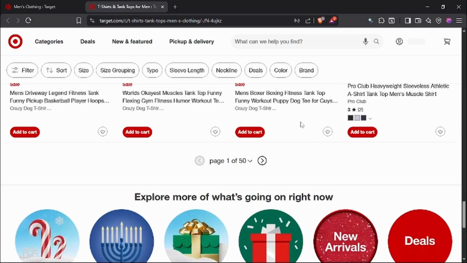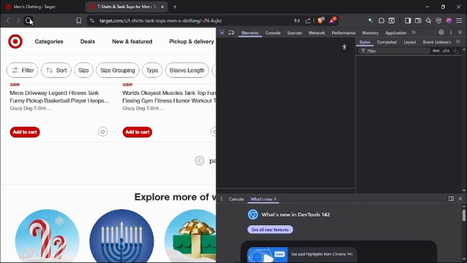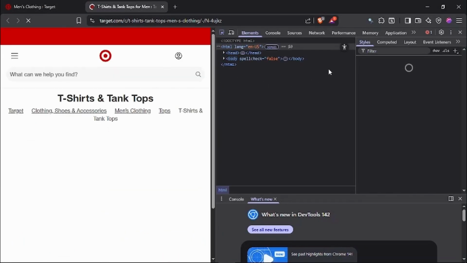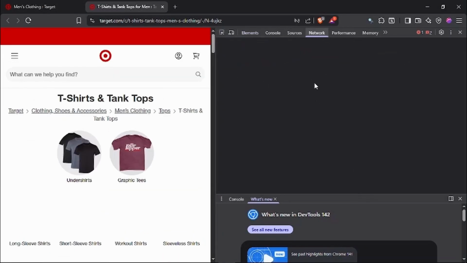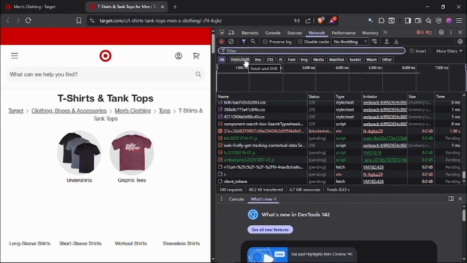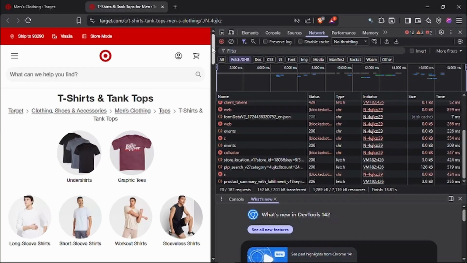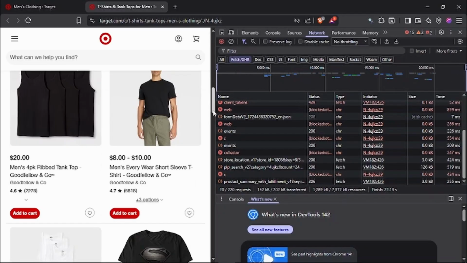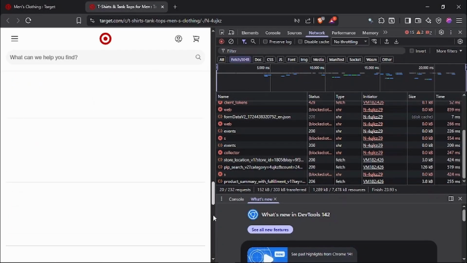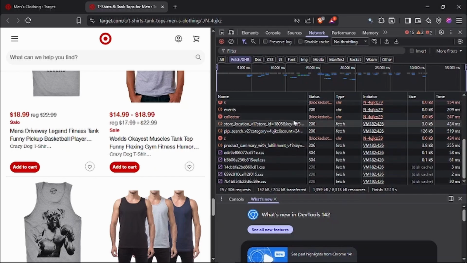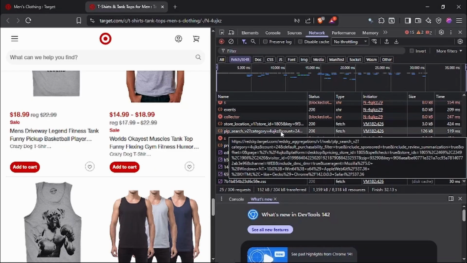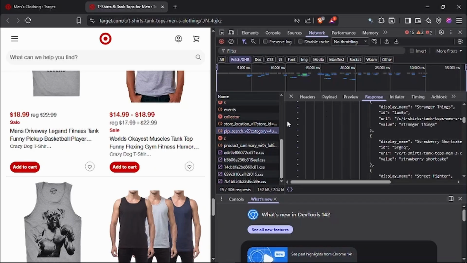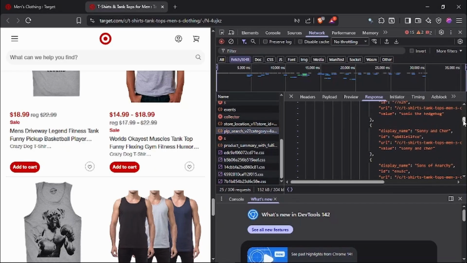Let me open the developer tools and reload this page. Okay, it's reloading, and I will go on network tab and filter by fetch/xhr. Then let's see. Yeah, you need to wait until all the products are loaded, and then we can start searching here inside to see if we can get the products data from these files here. Basically here we can see the result of the API request. So if we click on this file here, we can see the response,